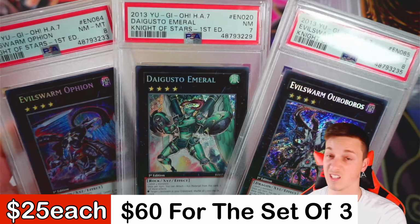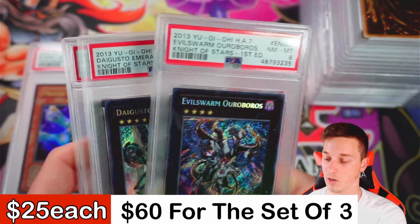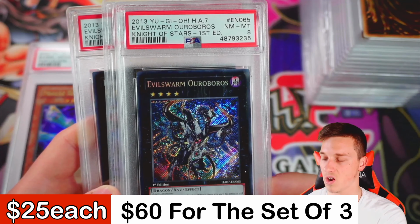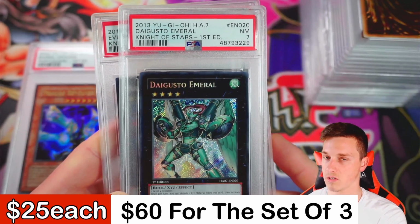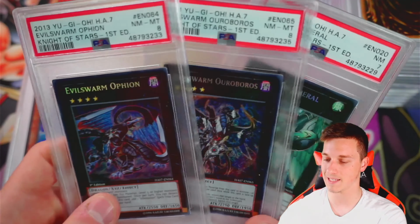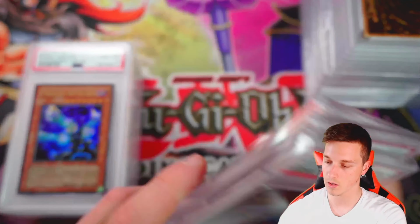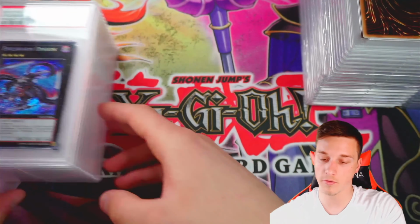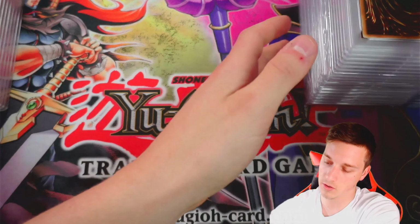These are very cheap. I could do all of these for a price, but if not individually, Ouroboros is that price, Daigusto is that price, and Ophion is that price. But as a set, like I say, I can probably do a deal. Alright, so those were the cheaper slabs, guys. I'll move them out of the way for now,